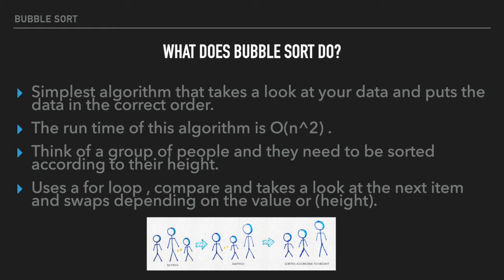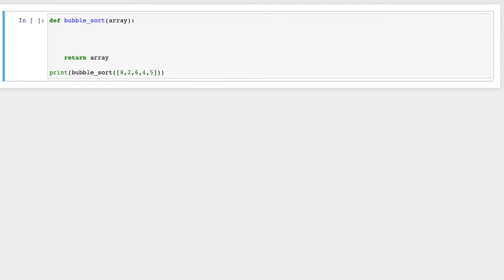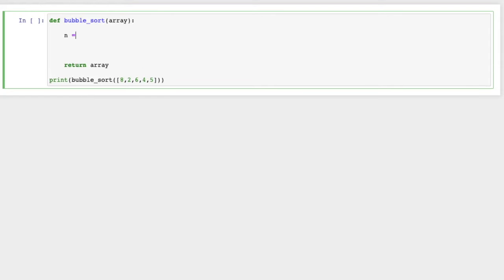We'll use a for loop and take a look at the next item and swap them depending on the value. Okay, so here we're going to be implementing our bubble sort algorithm. We're going to start off by having the length of our array. I'm going to put it equal to n,